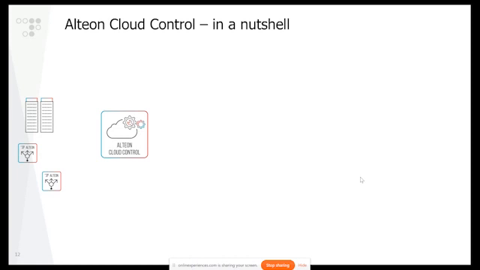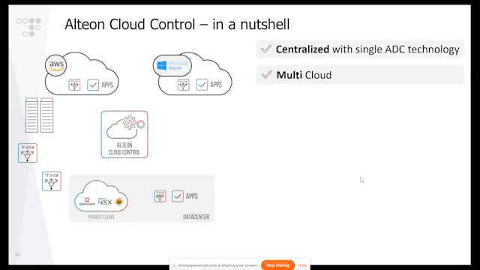So Alteon Cloud Control, as seen in the slide currently, is the name of the solution. It's a software solution that we at Radware are providing. What are the features or capabilities of such a solution? First thing is that it is a centralized solution with a single ADC technology. The underlying ADC is the Radware ADC called Alteon, hence the name Alteon Cloud Control, and that Alteon runs in any and every relevant deployment environment, be it your legacy data center, a private cloud, or a public cloud. So same technology, same Alteon, same feature set, same APIs, for the best or for the worst,